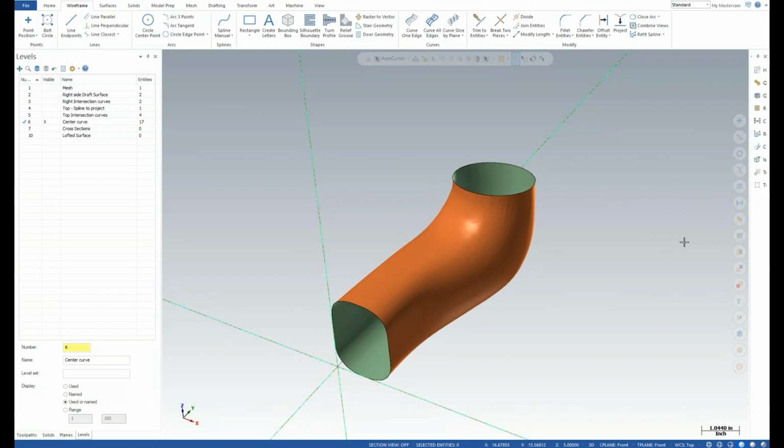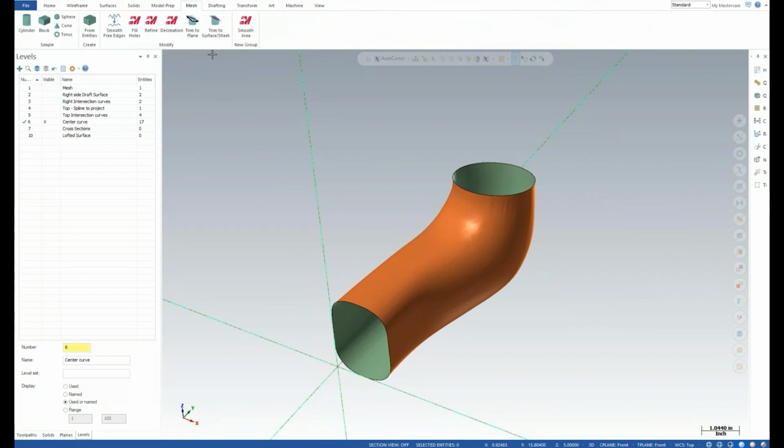So we do have some tools that can modify mesh in different ways. You'll see coming down the pike. But like in here, Ken's just displaying the decimation, refine. You can refine a mesh. We have some fill hole options, trimming to planes, trimming to surfaces. So yeah, he just took that mesh and just worked with it. Right, we took that in its state and were able to create something out of it.